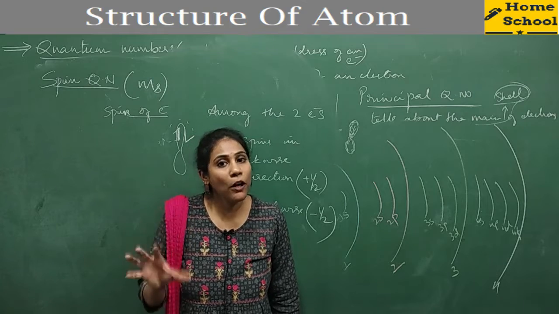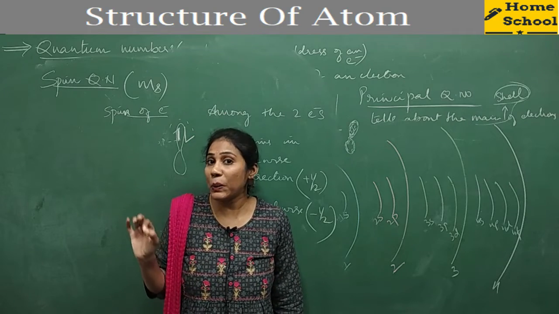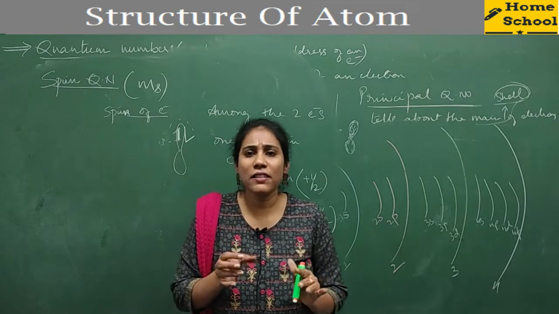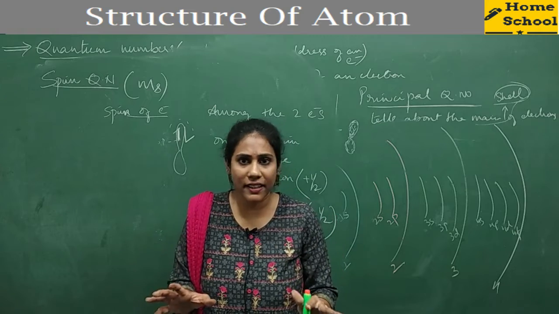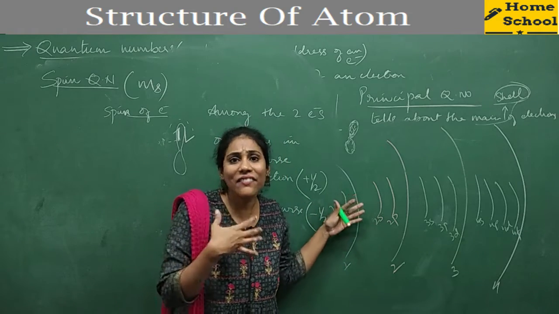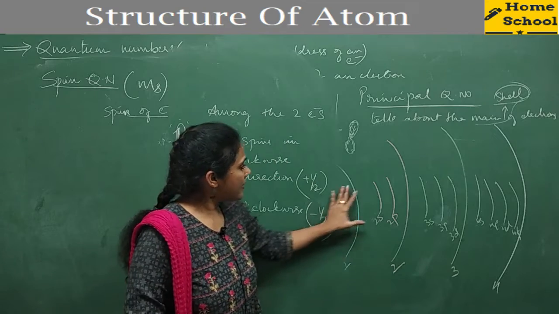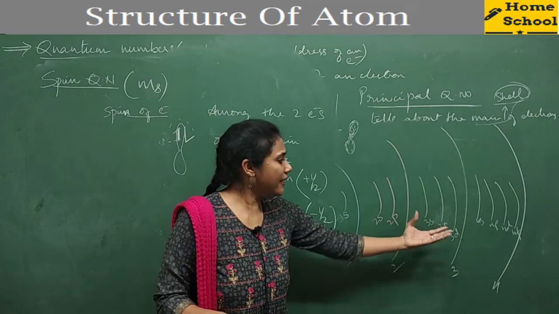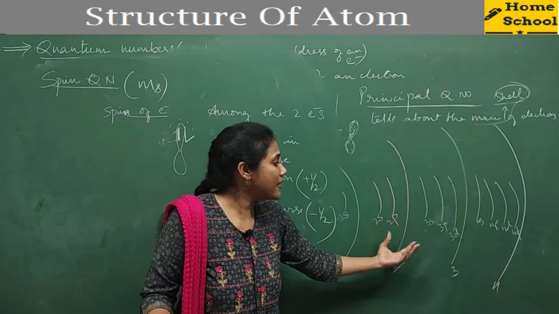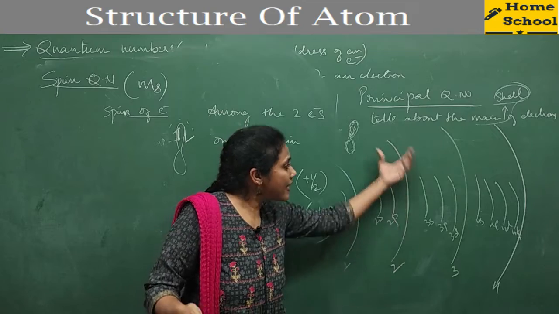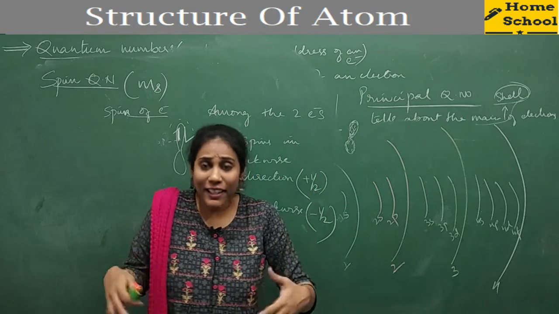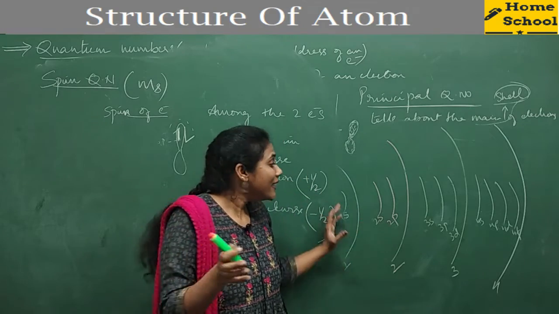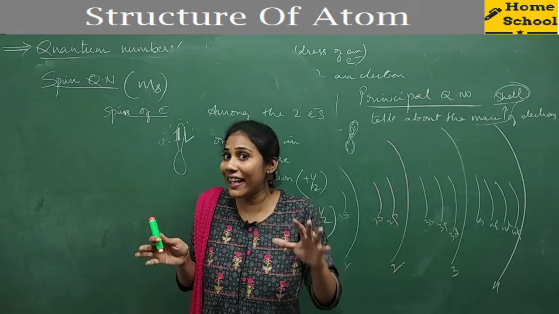Now we will take the help of these quantum numbers and try to write the electronic configuration. See, sodium has 11 electrons. So where exactly are the 11 electrons distributed? This is how the main shells and subshells are there. But where is the first electron present? Where is the second electron present? Where is the 11th electron present? Is it in the second main shell or the third main shell? So we have to fix a position in these orbitals for the electrons.